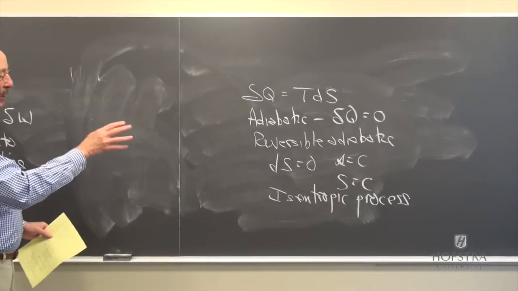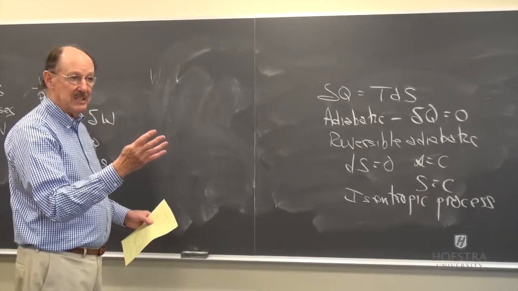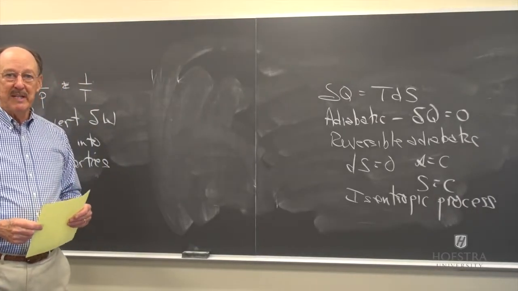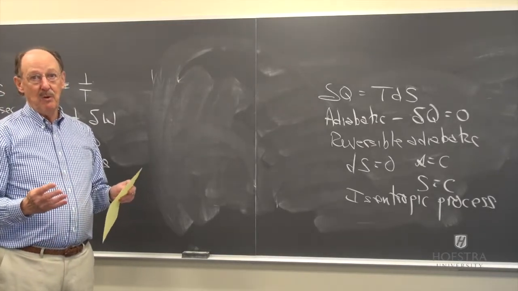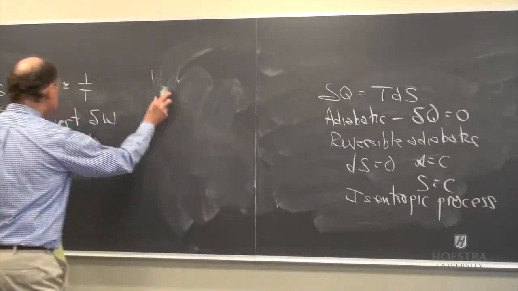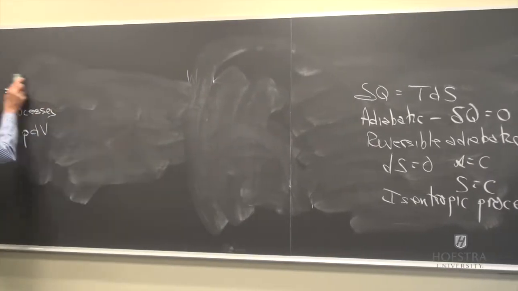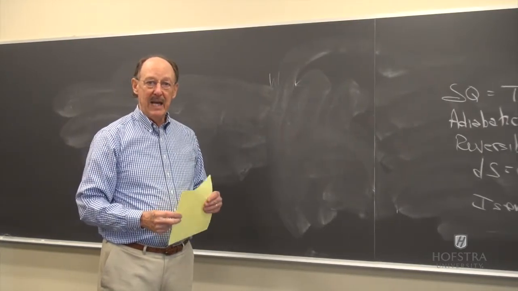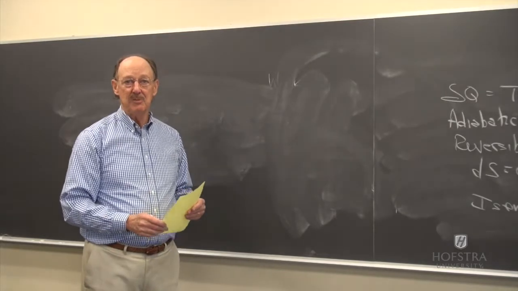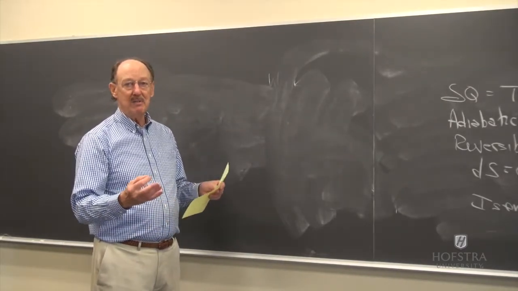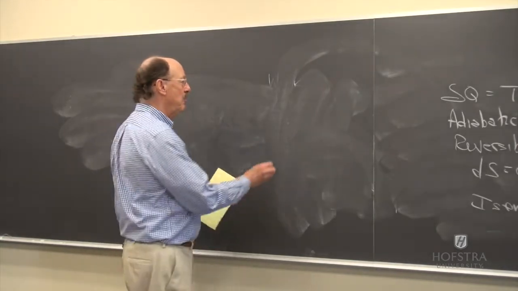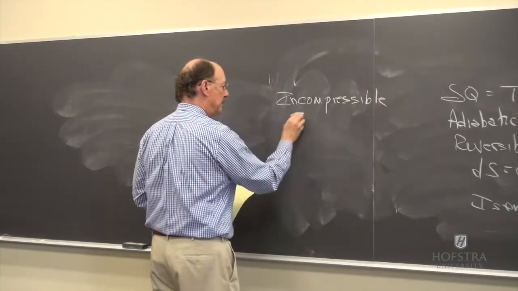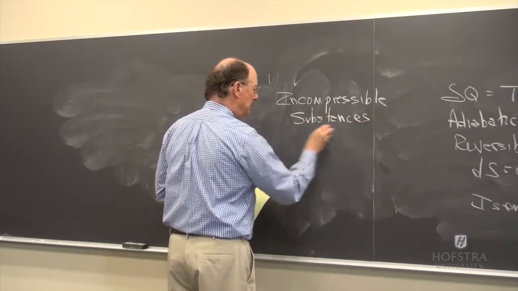So with this, we're going to apply this to first law equations in just a second, but I wanted to determine the expression for the change of internal energy of an incompressible substance, such as a liquid or a solid. When we look at a liquid or a solid, we need to develop an expression for the change of entropy. We had developed an expression for the change of entropy for an ideal gas previously, and we had looked at the tables of properties for pure substances and found where to find entropy and its manipulation there. So for incompressible substances, solids,